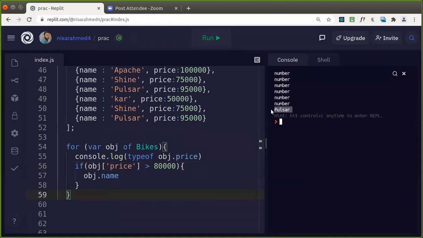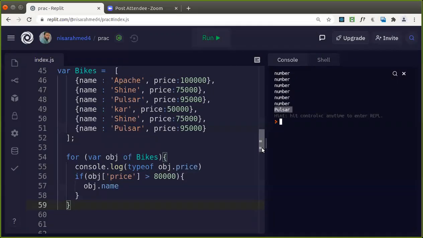Only one value is being displayed, that is Pulsar. It could be the case. The name is okay, the price is okay.